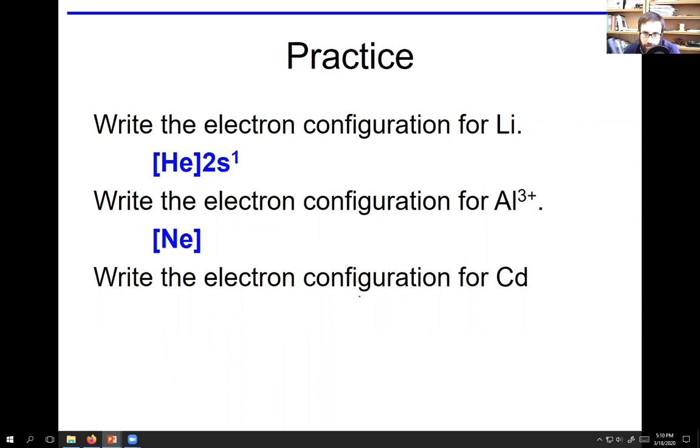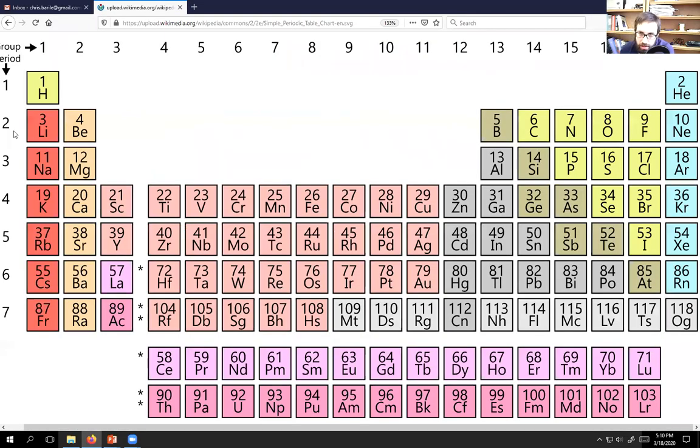Write the electron configuration for cadmium. All right, so you go to the periodic table, 1s2, 2s2, 2p6, 3s2, 3p6 goes to argon. Okay, we could keep on doing this, but remember, use the noble gas configuration. All right, cadmium. Just look at cadmium. It's number 48. Okay, nearest noble gas that's before it, krypton. It's going to be [Kr]